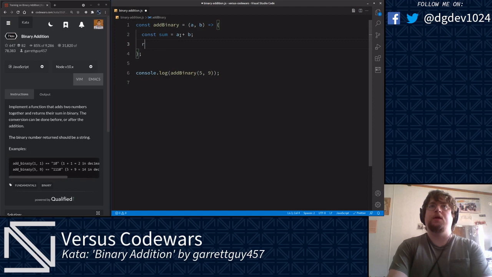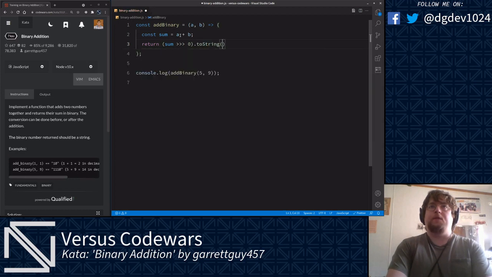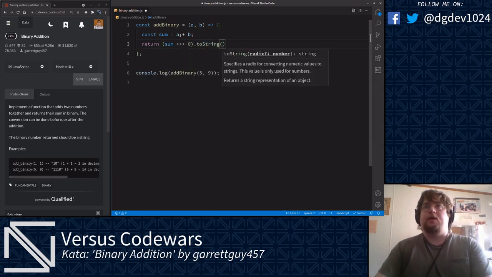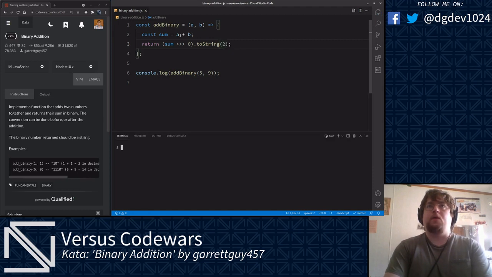What we'll do is hit return sum greater than 0. And then we're going to return that as a string. We're going to call toString. And then, as you can see, toString accepts one argument, the radix, which pretty much represents the base of the number string representation. As you know, binary is base 2, so we're going to pass in 2 here. We're going to feed that into node. And we have our desired answer,